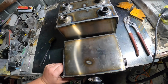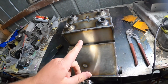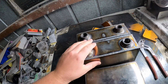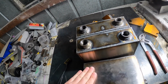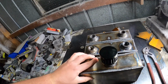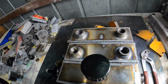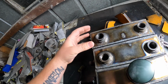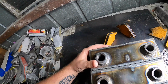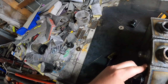So what I need to do is actually clean up these surfaces. I tried to not have any welds on this because I was thinking of doing this, and for them to butt up pretty close to each other anyway if I wasn't going to do this. So I'm thinking I need to actually clean up all the edges, and I'm thinking of welding it at least up here and along here, maybe even down the side. Not sure just yet, but I'll clean these up so they can butt up against each other as best as possible, so it's flat on the touching sides and nice and straight along this edge, because you'll be able to see this edge. So keep this nice and even,